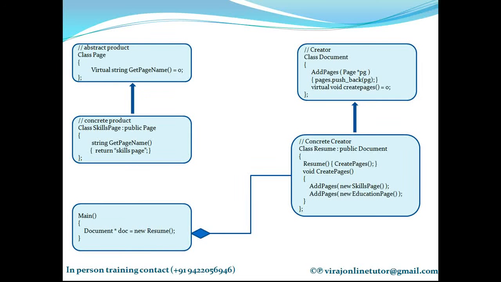So what are the two different times when you will use this pattern? First, when you can't anticipate which objects you will need. If the client can't anticipate which objects you will need, that time you use this pattern. And the second time is when only creating an instance is not sufficient. You want to initialize that object with data which is not available with the client.